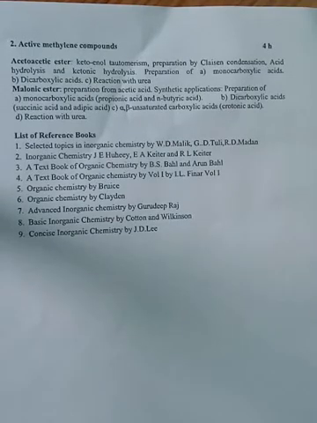The next chapter in the 5th unit is active methylene compounds. In this chapter, first of all, we learn what is meant by an active methylene compound. Generally, all of us know that the CH2 group is called the methylene group. If this methylene group is flanked by 2 electron withdrawing groups, then it is called an active methylene compound. In this lesson, first of all, we will learn the definition of the active methylene compound by taking 2 examples, that is acetoacetic ester as well as malonic ester, to explain the active methylene compounds.